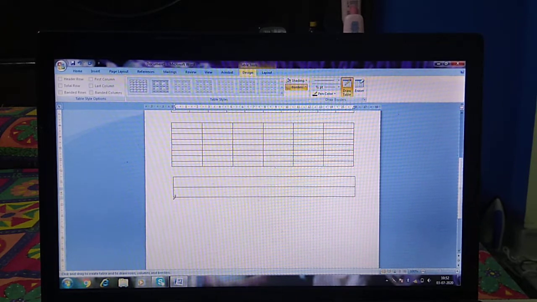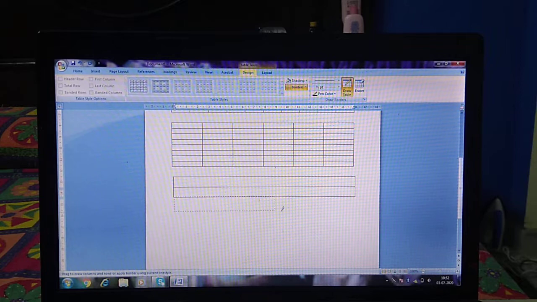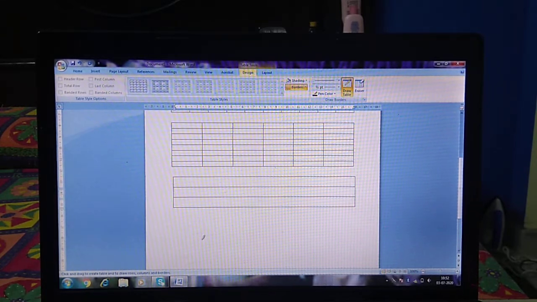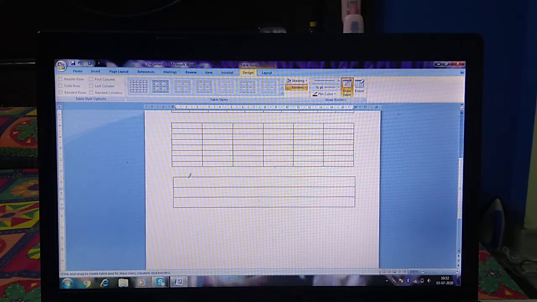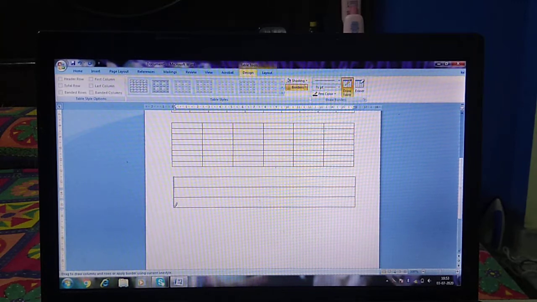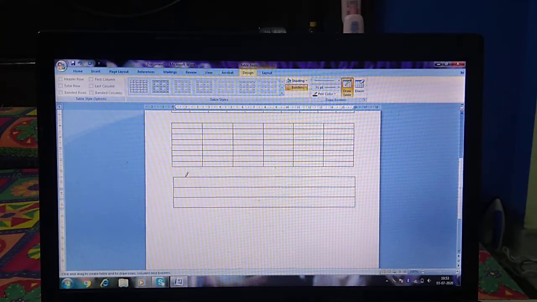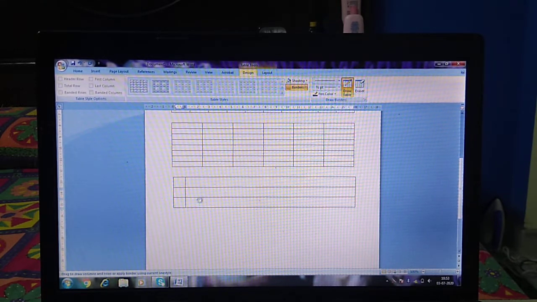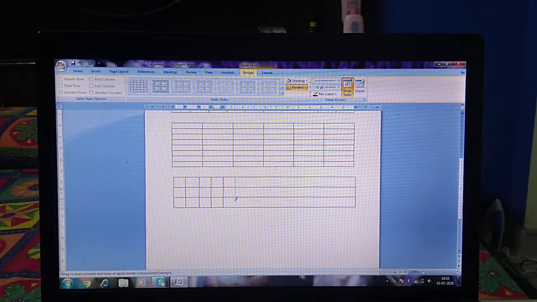Okay, it will be a tedious job for you to draw a table. Simply you can create the table. It was easy to create from the table grid, and so this will create columns. Okay, so with the help of draw table also you can draw a table, but it will be time consuming for you unnecessarily.